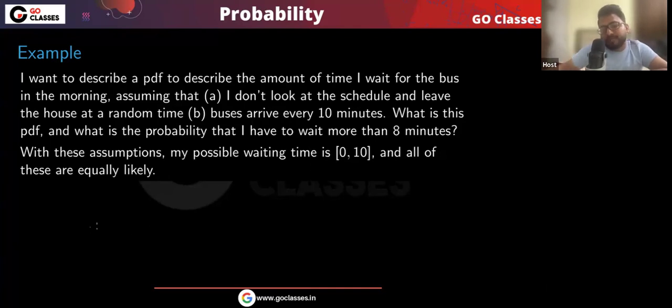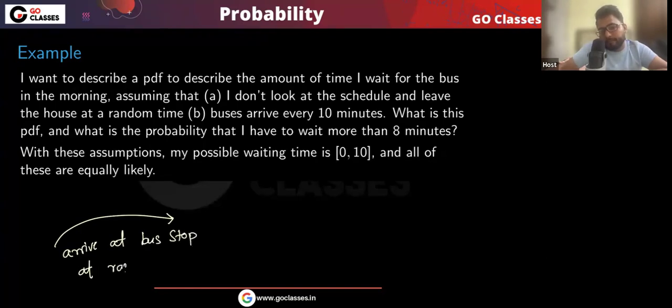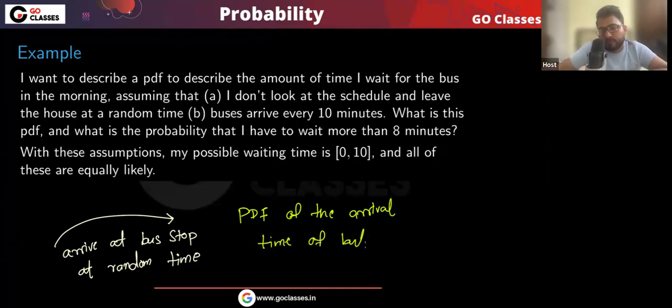You are basically saying that you arrive at the bus stop at a random time, right? Suppose you arrive at the bus stop at a random time. Now, what is the PDF of your arrival time? What is the PDF of the arrival time of the bus? If the bus can come anytime, and the bus actually arrives every 10 minutes,